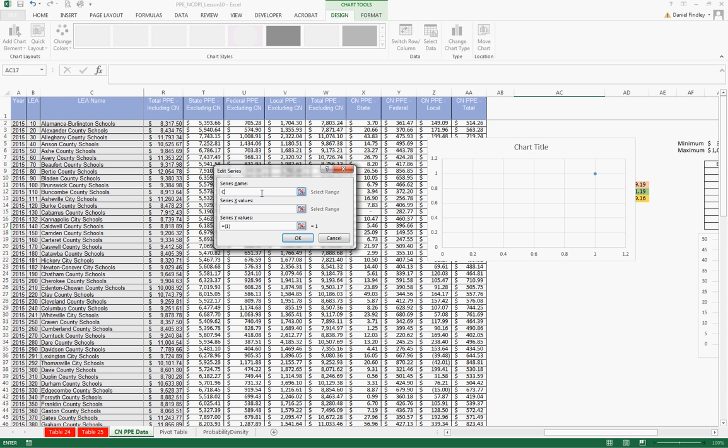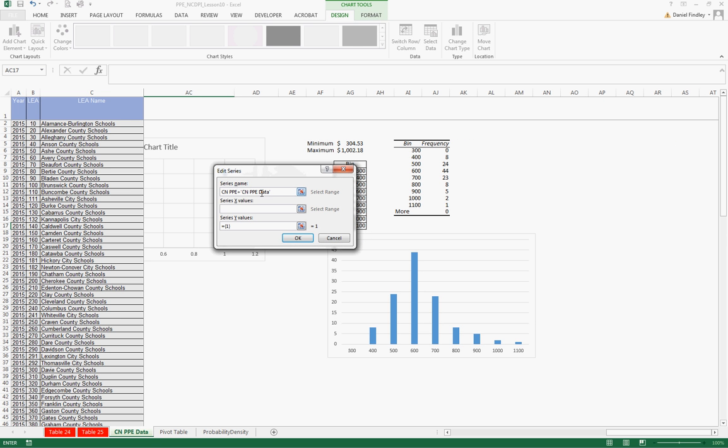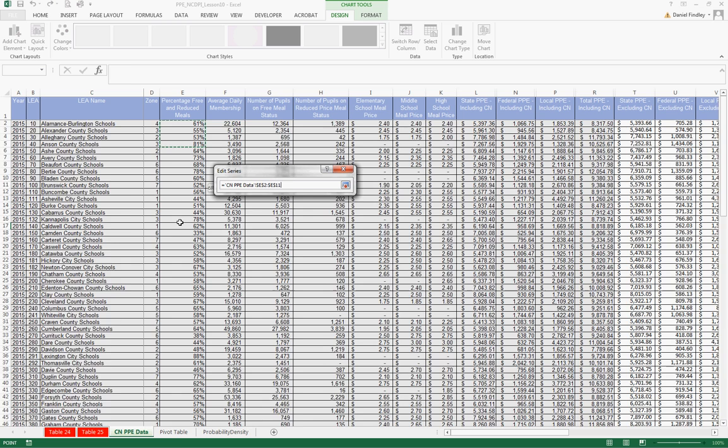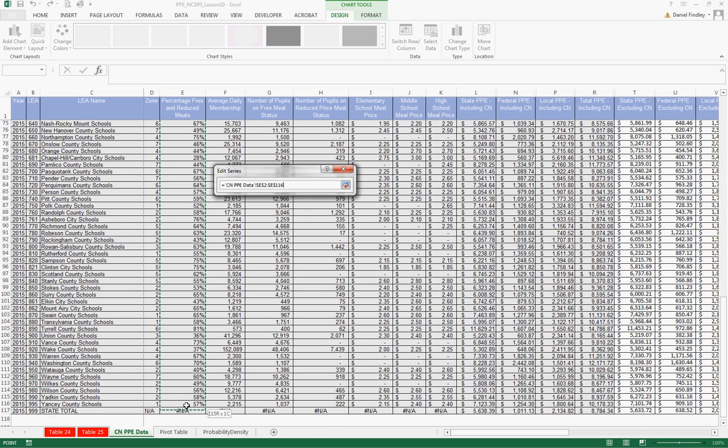And for this one, we're going to look at child nutrition per pupil expenditures total. So the total including local, state, and federal expenditures that go towards child nutrition, and the percent of free and reduced students, percent who qualify for free and reduced lunches. So on the x-axis, we're going to have the percentage of free and reduced pupils in the LEA,